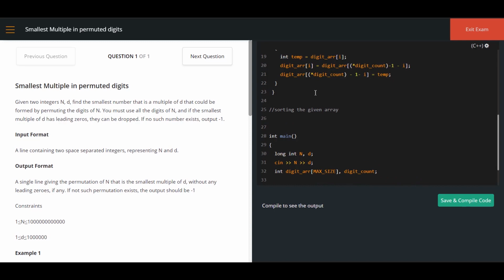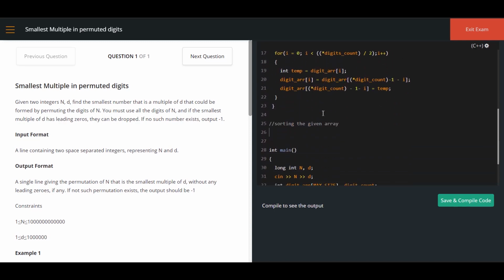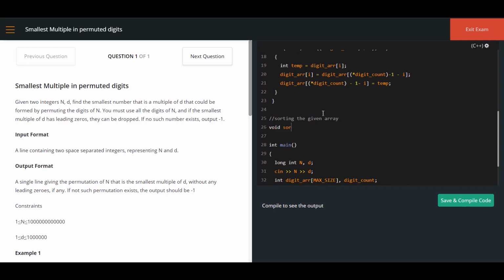So function name, what is the function name I have given? Sort array. I have passed 2 arguments. So void sort_array. Here I have passed two arguments, int a, int n. Let me give the array name as a and size as n. int i, j.